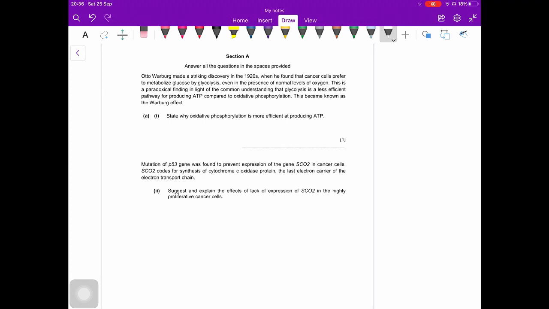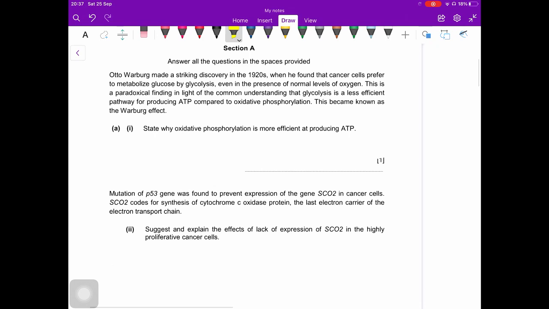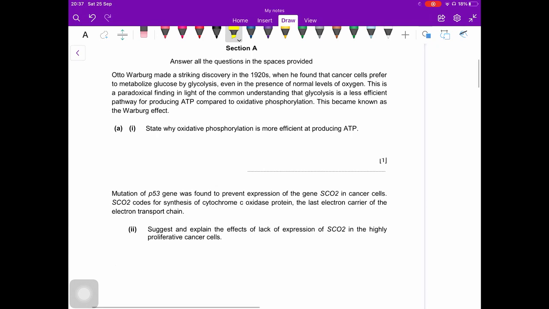Okay, good morning. Today we'll be going through this question. It's a paper 3 question, and it is on a variety of topics as all paper 3 questions are. But the main focus for the start is respiration, and afterwards we'll be talking about cancer as well. So firstly, we talk about this Otto Warburg